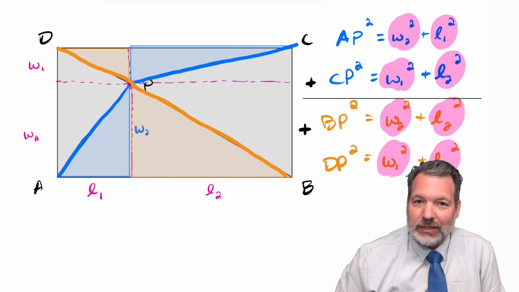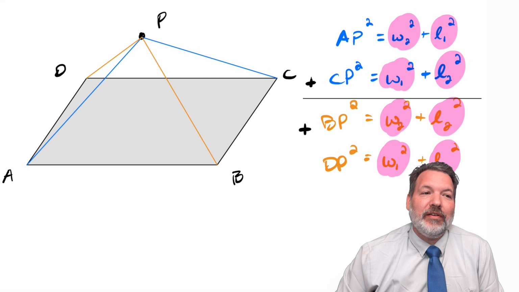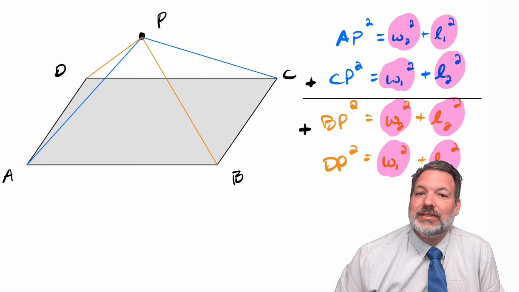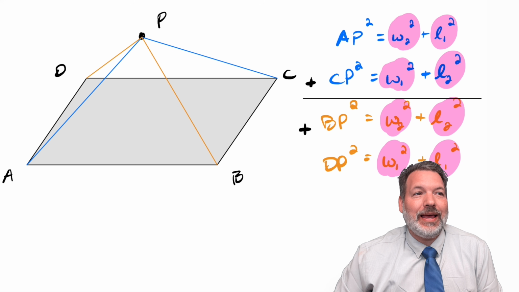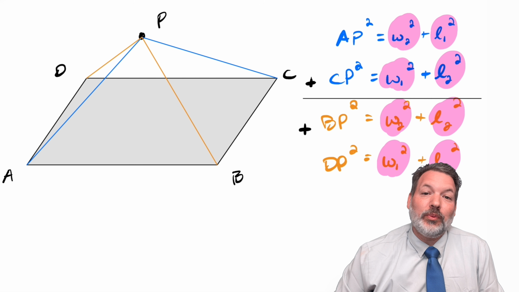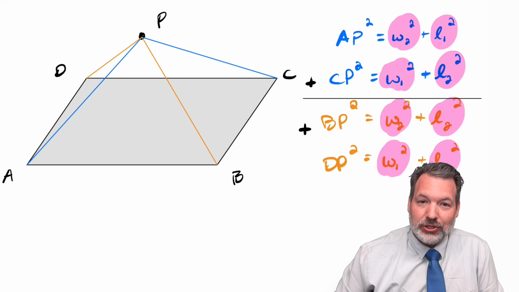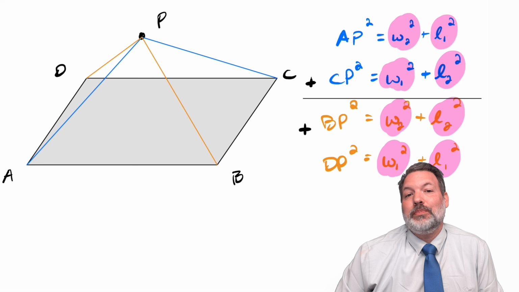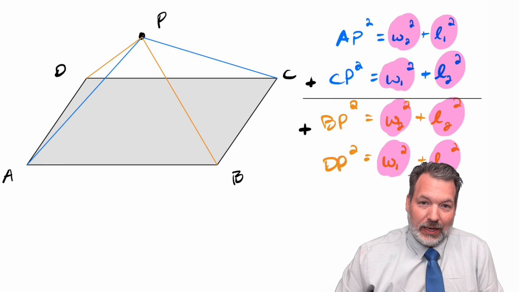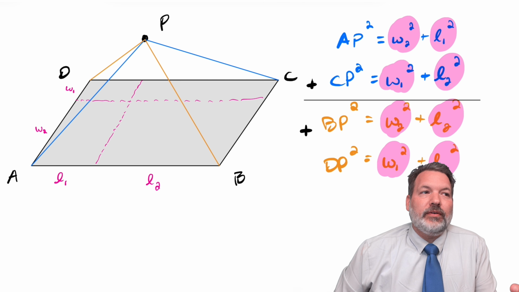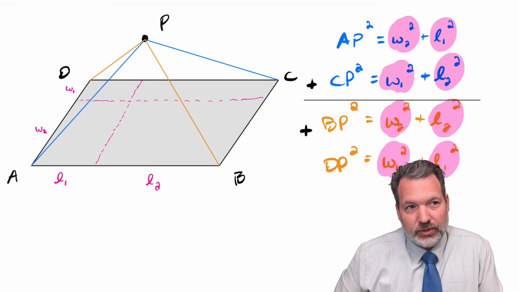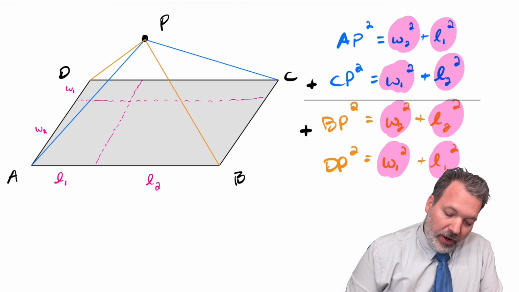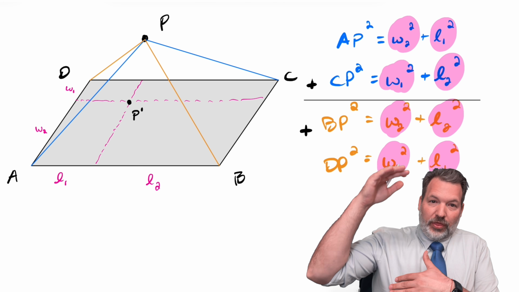But the truly crazy thing to my mind is it doesn't even matter if P is in the same plane as the rest of the rectangle ABCD. You can generate essentially exactly the same relationships when we take this into the third dimension and we look at what is basically a pyramid rather than simply a rectangle. We'll start with the same idea. If we draw these two lines and split the rectangle up into a width 1, width 2, length 1, and length 2, where in this case you could imagine some P prime that is the projection from the P above the plane of the rectangle down into the rectangle,